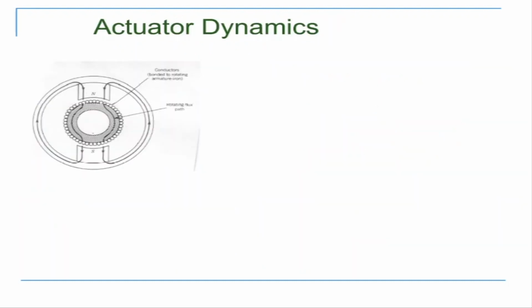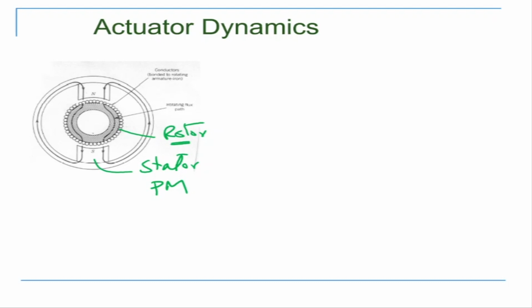So let's look at the actuator dynamics, and we understand that this is a motor, and how it basically works. We understand the working of a DC motor. There is a rotor inside, so this is my rotor, and this is the stator which is outside. The stator is a permanent magnet, and there are magnetic lines of force that are shown. Now when you pass a voltage through this rotor, it generates a magnetic field. That magnetic field interacts with the magnetic field of the stator, and there is a resultant moment on the axis of the rotor, because of which it rotates.